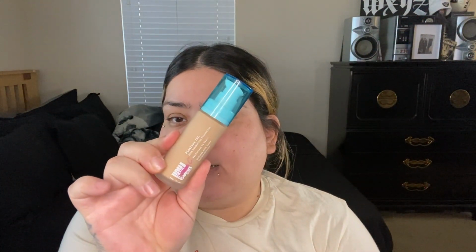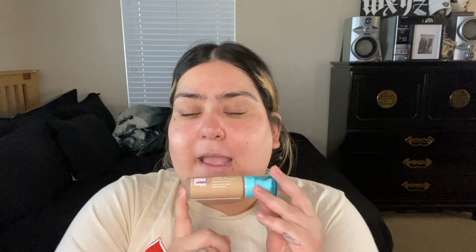For foundation, I do want to use this Uma by Sharon C Flawless IRL Skin Perfecting Foundation. It just looks like this. Now, I'm not sure if you could still get this brand. This was a brand at Walmart. I haven't been to Walmart in a while, so I don't know if you could still get it,